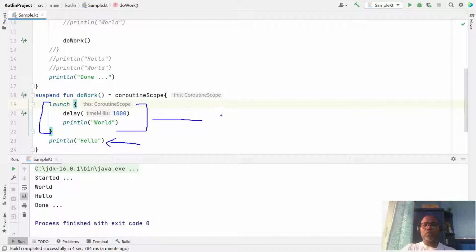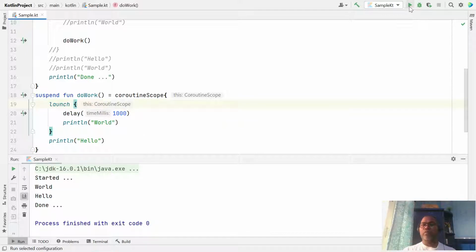It is going to be executed by maybe a separate thread or the same thread, whatever is available. First this line is executed, after that this launch will go. Your doWork is not waiting for this block. This is the non-blocking call.